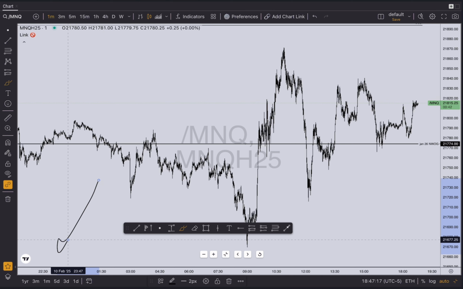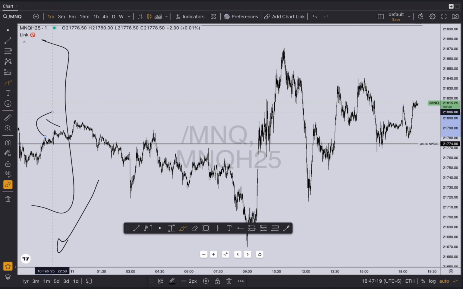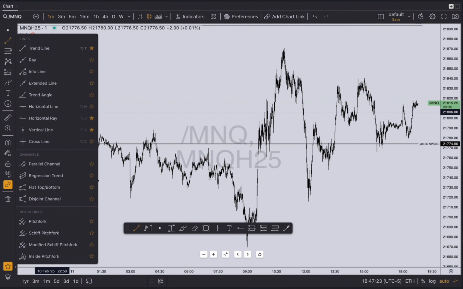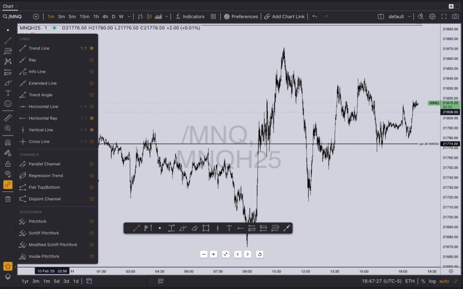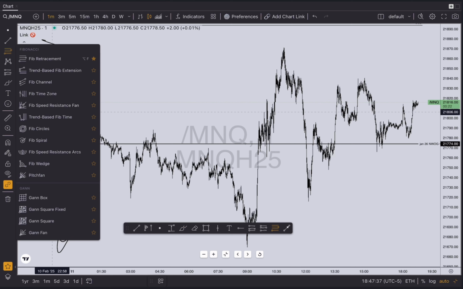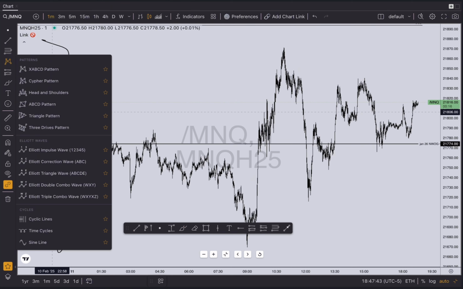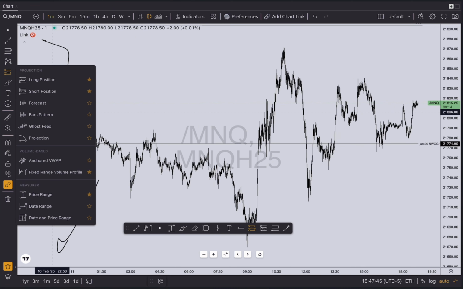And then if you go to the left, obviously this whole portion right here, these are all tools that you can use. You're not going to be using all of them. The majority that we're going to be using are the ones that I have saved or favorited here. Those are the ones that we're going to be using. What they are specifically, don't bother right now. I'm going to be going over that obviously in later lectures, but for now, this is just how to operate the